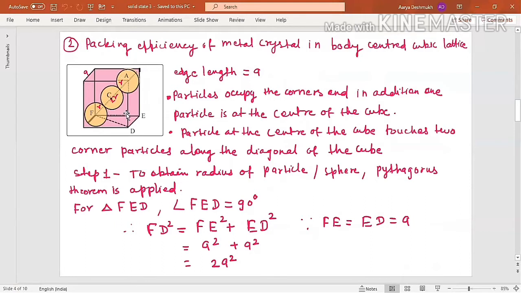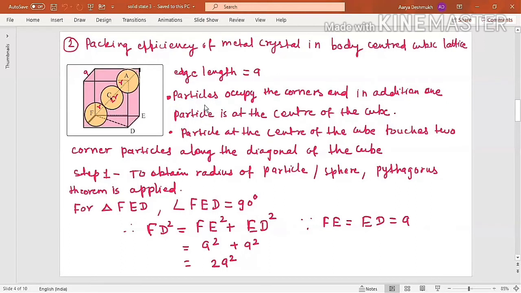Now this is the unit cell. The particles will be at the corners, and in the body there is one particle which is situated or located inside the body, which is not shared by any other unit cell. We know this in case of the body-centered cubic unit cell. Now here, this is R, the radius of this sphere. This is twice the radius, and this is R again. So here you can see R plus 2R plus R. If you add this, it will be equal to 4R.